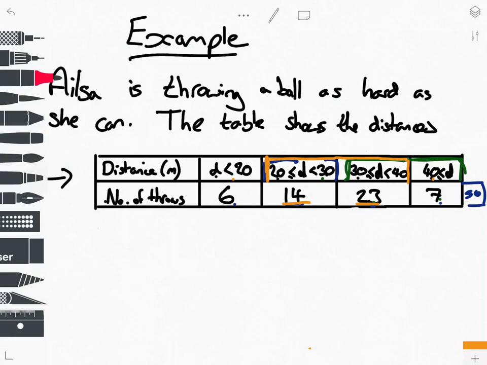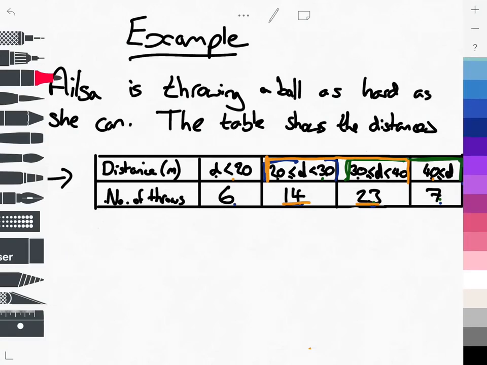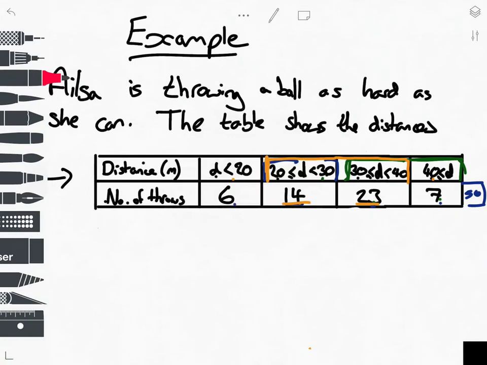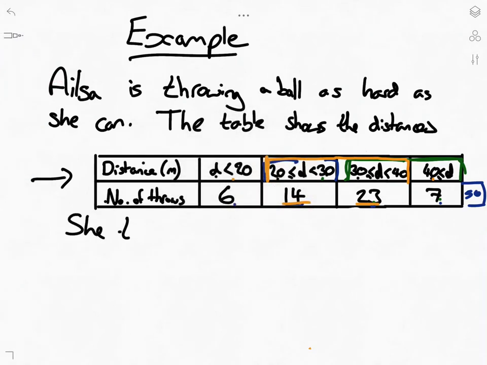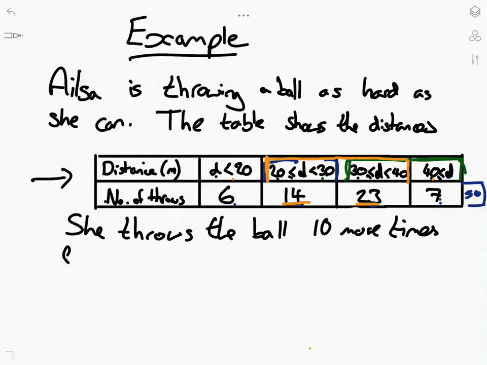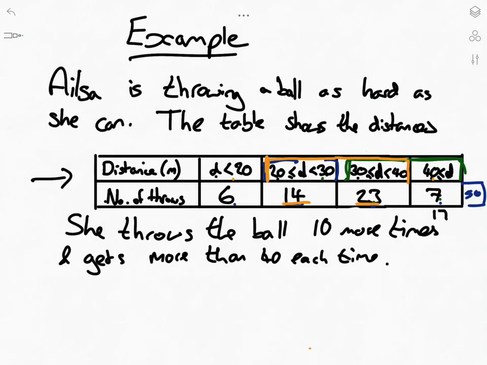So she throws the ball another 10 times, 10 more times, and gets more than 40 each time. So that would mean this now is 17 and this is 60. Okay, what's the probability